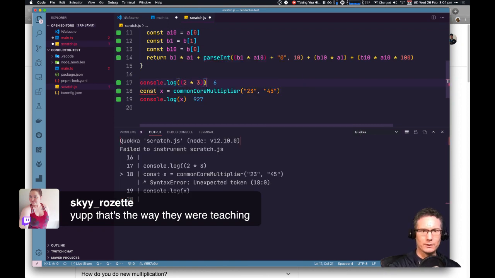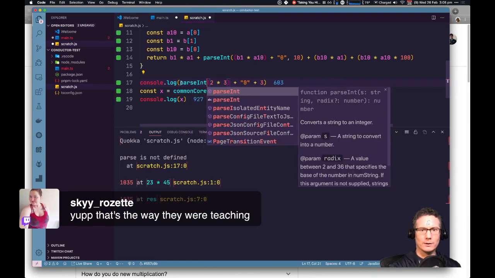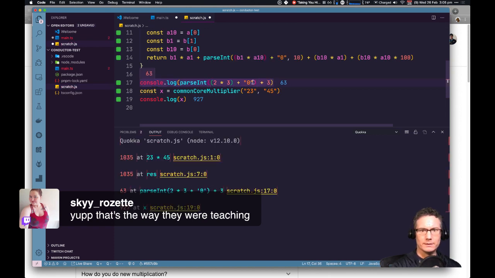Yay, that works. So if I do that, then if I add a 0 to that, I get 60, but it's not a string, it's a number. Because if I then add 3 to that, I'll get 603. Yep. So if I now put parseInt on that, yep, I get 63. Okay, so if I take this radix off, maybe that fixes it.